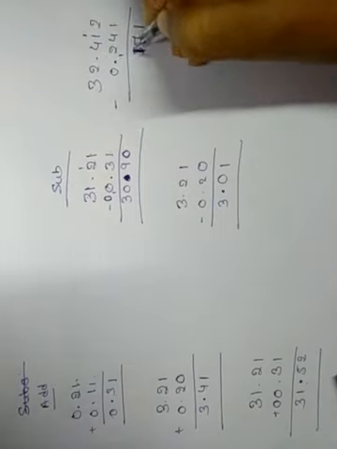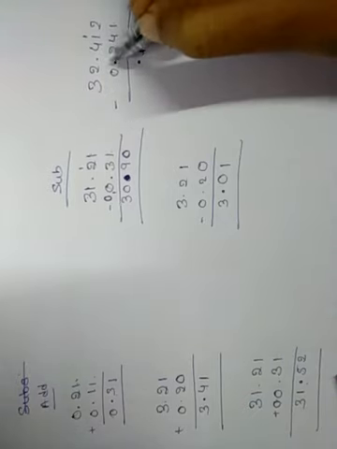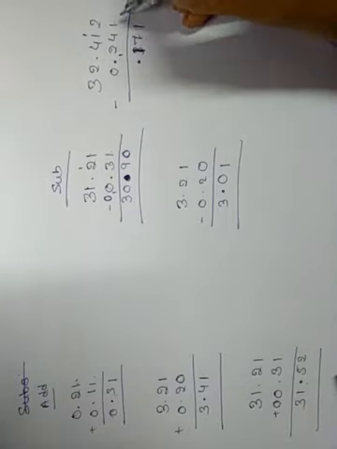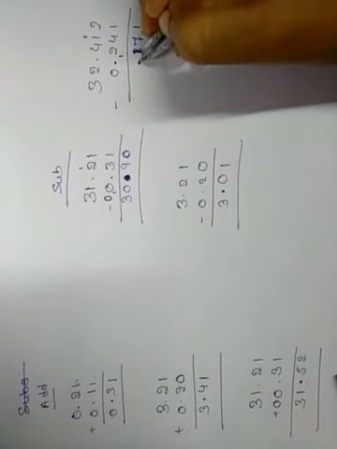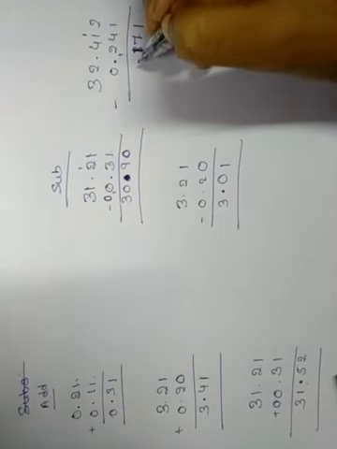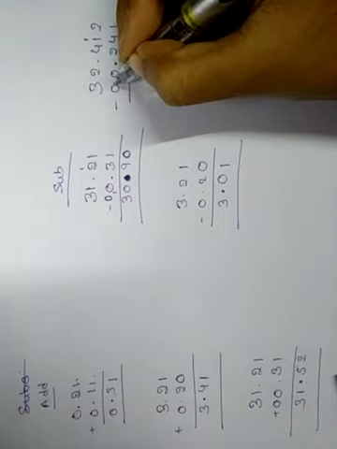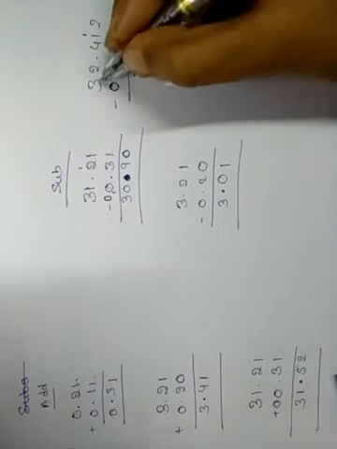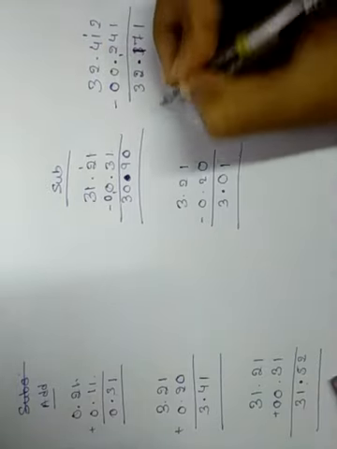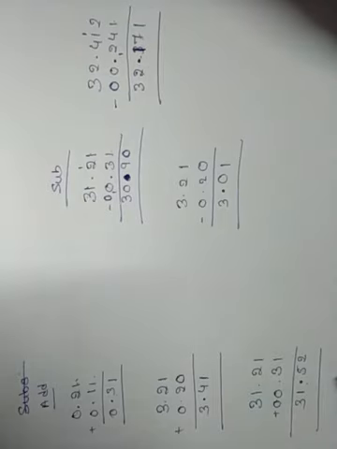Then we have to give a decimal point immediately after the 3 digits, because the decimal point is present in both the decimal numbers after 3 digits only. So here also we have to give the decimal point after 3 digits. Then 2 minus 0 is again 2. And here it is empty place, so we'll give a 0. 3 minus 0 is again 3. Thus we got the answer 32.171. Right? Okay, this is how we have to add and subtract two decimal numbers.